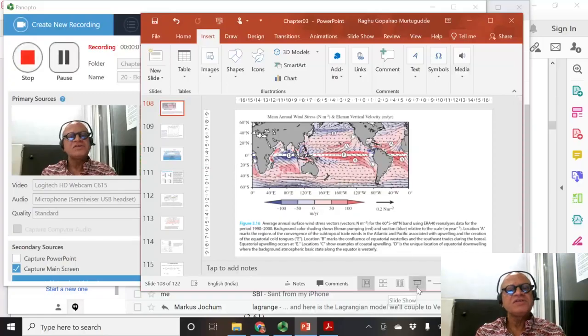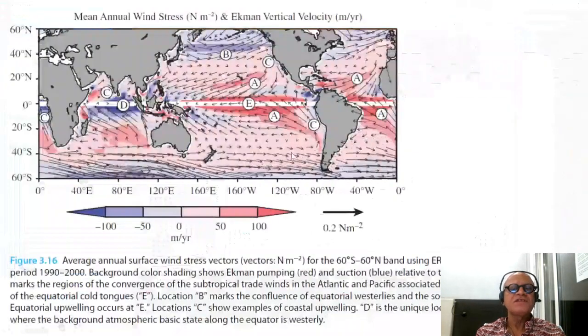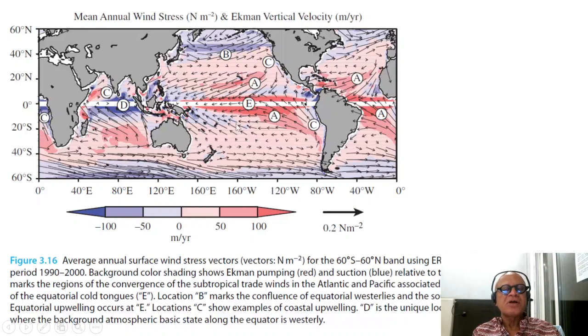So given the wind stresses, we can obviously compute the Ekman velocity, Ekman vertical velocity. So here are our northeasterly and southeasterly trades meeting at the ITCZ with plenty of zonal winds on the equator. Remembering Ekman vertical velocity is curl tau over f, and f goes to 0 on the equator, we blank out the equatorial region, but we do have Ekman pumping, upwelling happening here